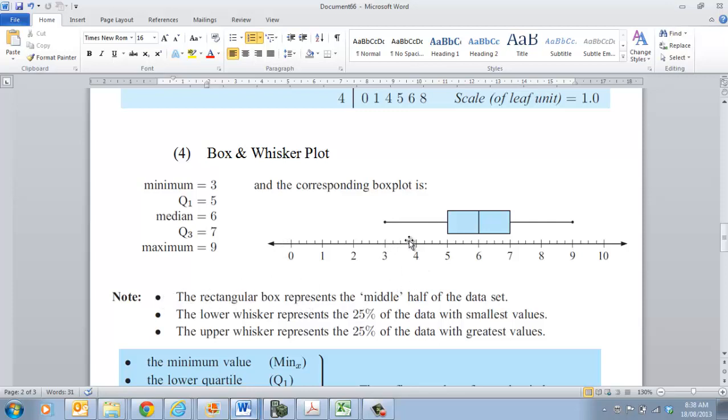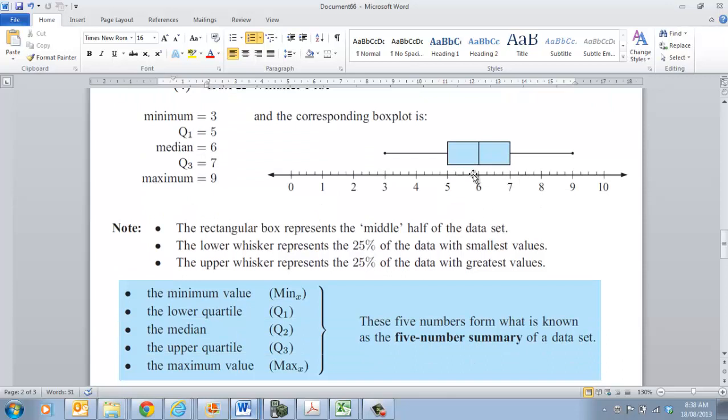So your rectangular boxes, each of these sections here counts for 25% of your data. So this box here in the middle counts for 50% of the middle of your data set. So that's 50% of your data lies in there. This middle value is your median value. Alright, so that's a good representation. Now we'll talk about the mean and median in a second, but that's really a good way of